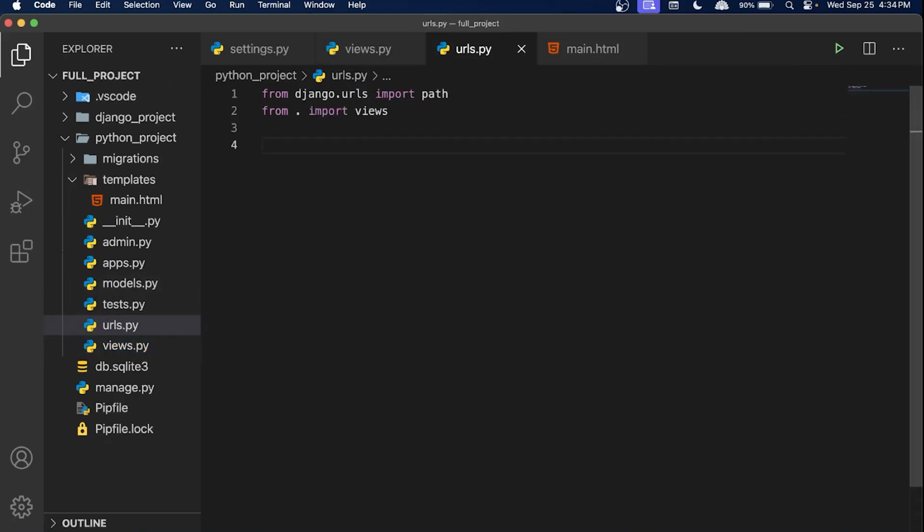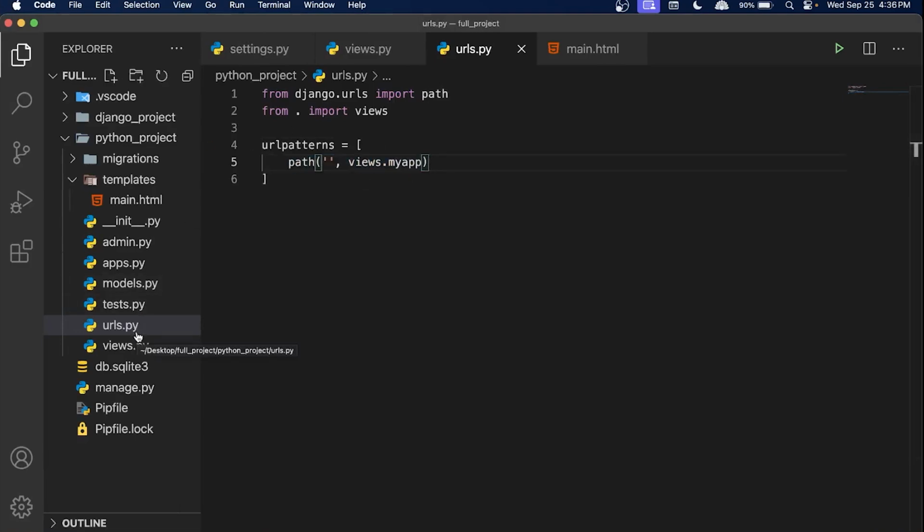After this, you will need to create a urlpatterns, and you will say this is equal to a list. Inside the list, we will put a path. The path will be the bridge between the URL location and the view page that you want to display to the user. So for now, the path will be empty. And what we want to display will be inside the views. So now you have set up the URL patterns inside your Python project,